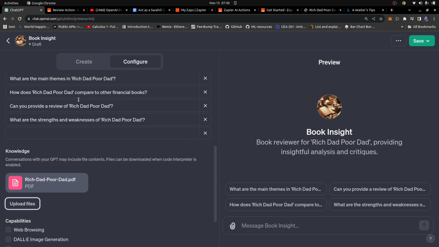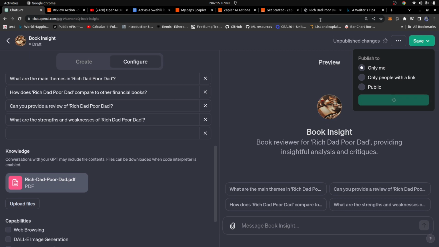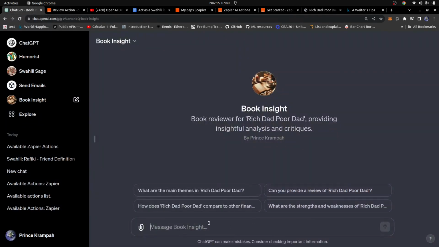So actually it knows that Rich Dad Poor Dad is a financial book. So let's actually save this. I want it for me only, confirm this. Now I want to have a conversation with it where I'm going to ask it to explain to me the first lesson in the book. If you read the book Rich Dad Poor Dad, the first lesson is the rich don't work for money, let money work for you, if you've ever read the book. So let's ask it, what is the first lesson mentioned